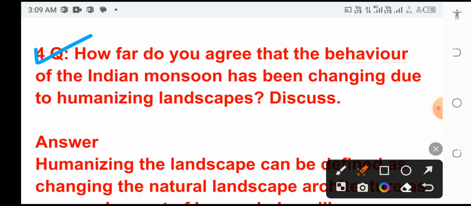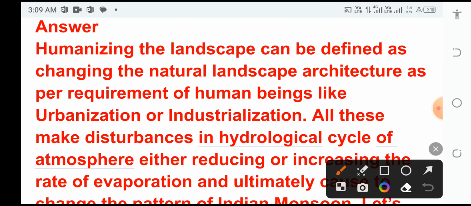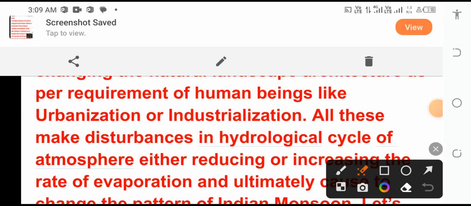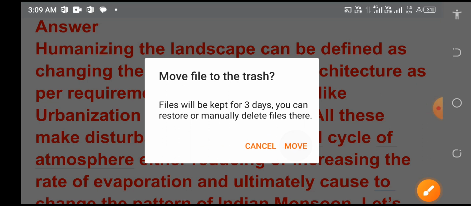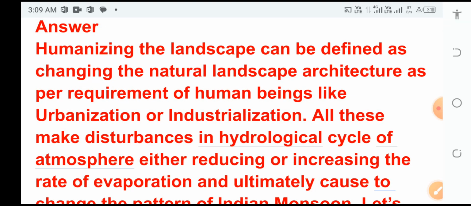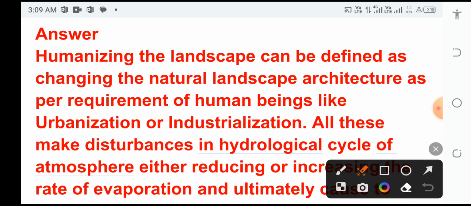So here in the introduction I would like to introduce humanizing the landscape. Humanizing the landscape can be defined as changing the natural landscape architecture as per the requirement of human beings,